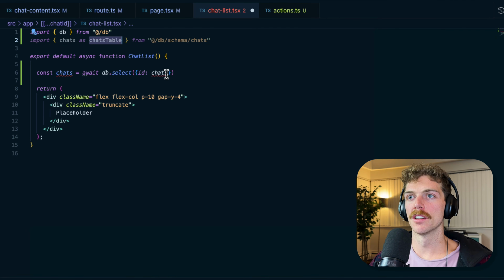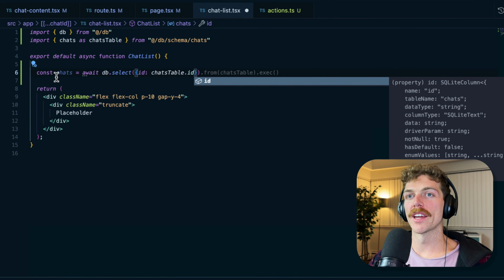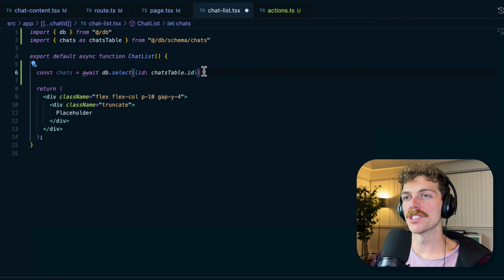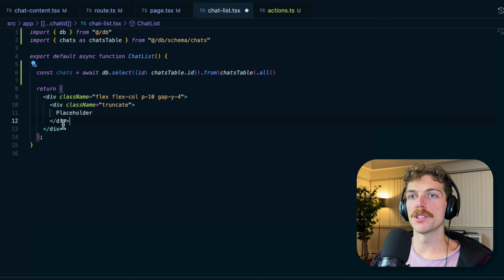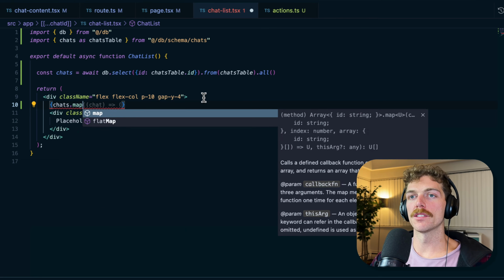So I'm selecting from the chats table. Chats is what I get back from the database. Chats table is the table that exists there. So we're going to select just the chats table ID from chats table, and we're going to get all of them. So then I should be able to loop over these. So chats.map